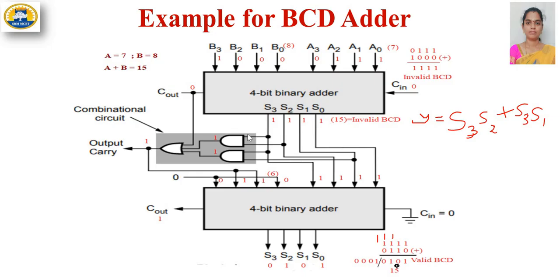Suppose the BCD sum does not exceed 9, that is, it is less than or equal to 9. We will get the output the same as the output we are getting here. That is, from the logic diagram we will get the output carry as 0, and hence all the inputs here are 0. We are not going to add 6 to this result. That is how we are getting the same result from the first initial 4-bit binary adder. This is how the BCD adder works.